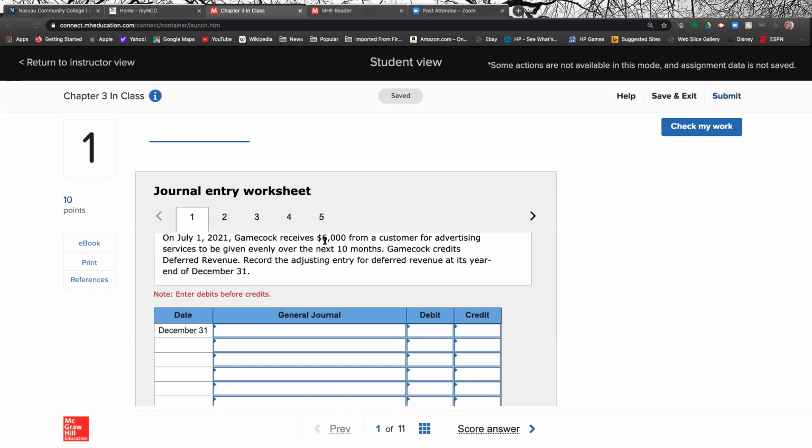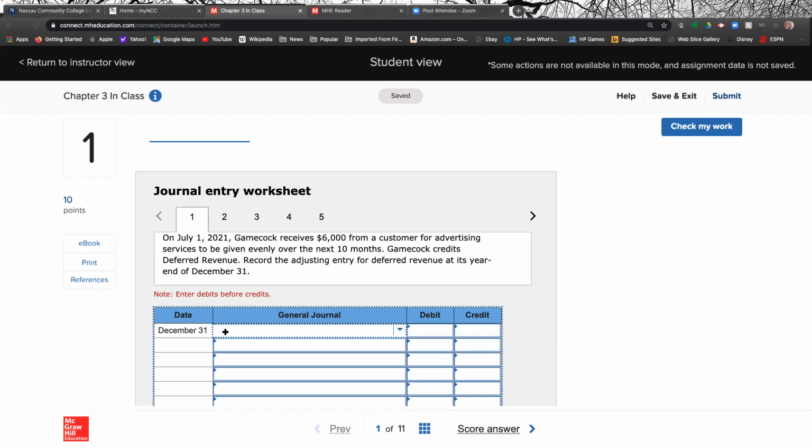Gamecock receives $6,000 from a customer for advertising services to be given evenly over the next 10 months. Gamecock credits deferred revenue. Record the adjusting entry for deferred revenue at its year-end, December 31st. Okay, so